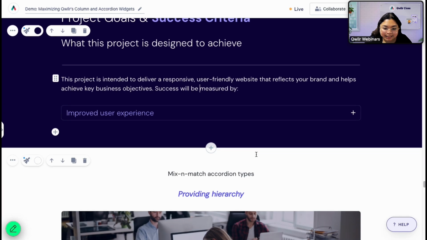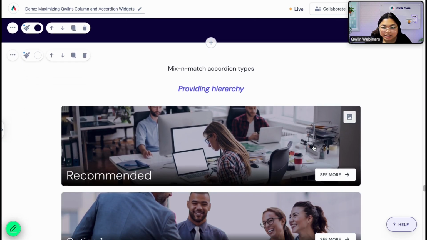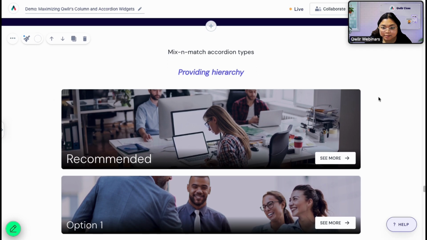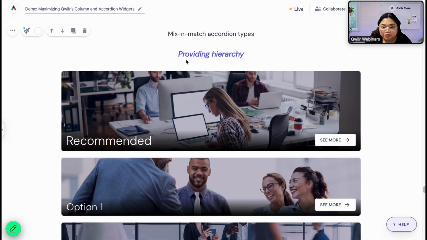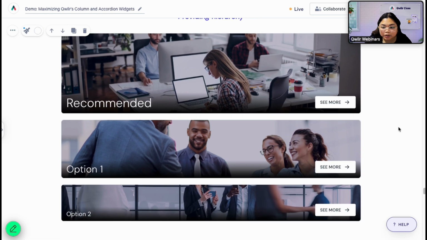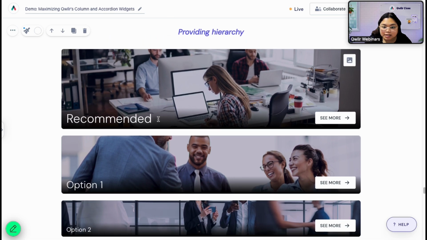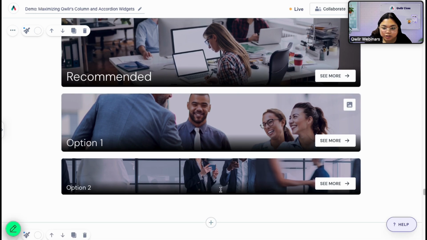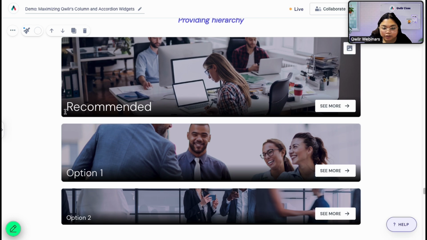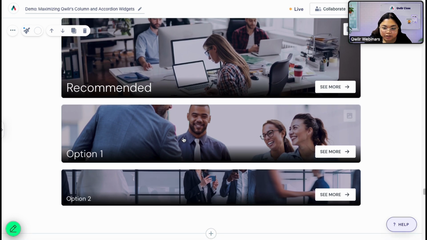and sleek. And then another example is to mix and match your accordion types. So this will provide hierarchy to your Qwilr page. So for example, your recommended option for the plan is this one, and then you have other options. So of course the recommended one will be the biggest, and then you can have the other two at different